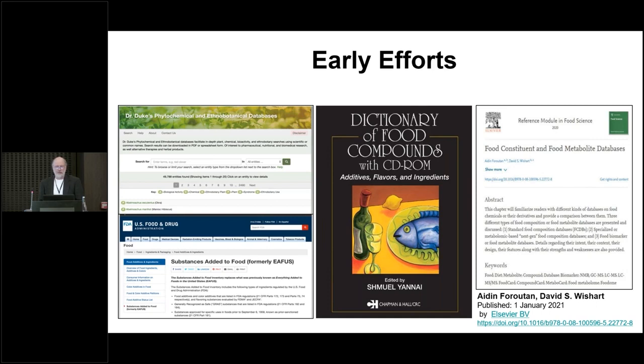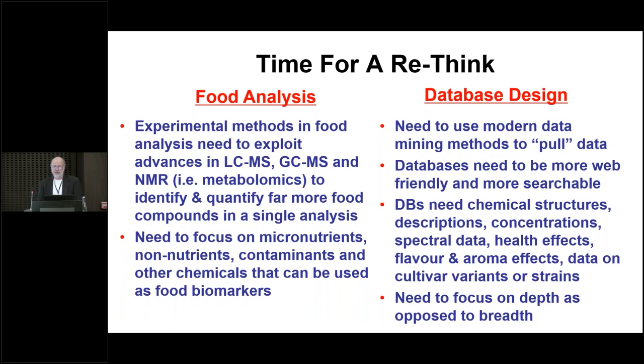There's Dr. Duke's phytochemical database, which originally was just a long list and has gradually over the years become a little more electronically friendly. And we reviewed a lot of the existing food constituent and food metabolite databases in an article from last year, just sort of talking about the strengths and the weaknesses and where things could be improved. And to some point, I think in that article and where a lot of people are moving towards is there